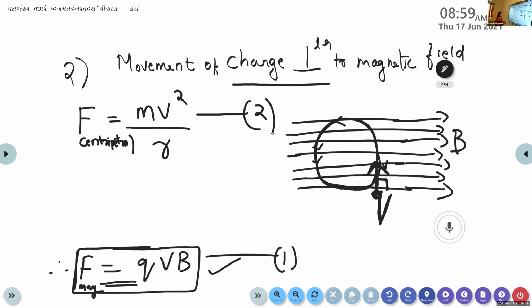And here these two forces, that is the force exerted by the magnetic field and the centripetal force, must be balanced. Then only the movement of the charged particle perpendicular to the magnetic field is possible. So here these two forces are said to be balanced. That is, the force by the magnetic field is equal to